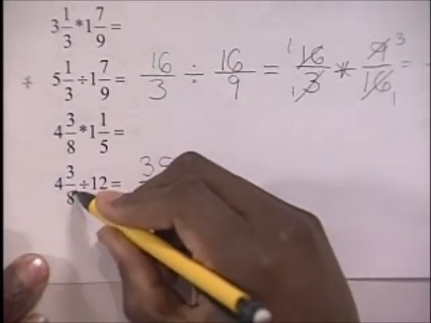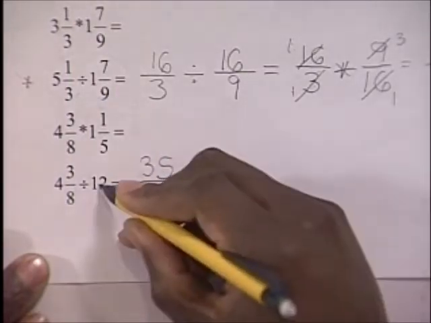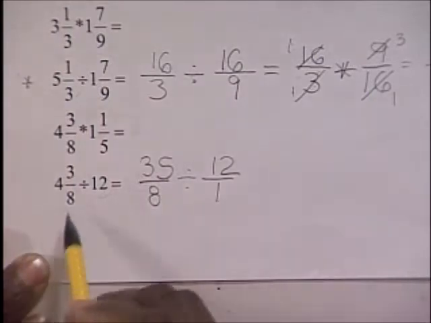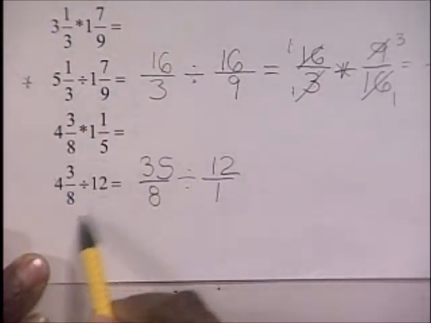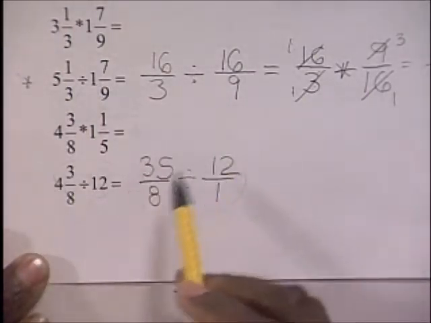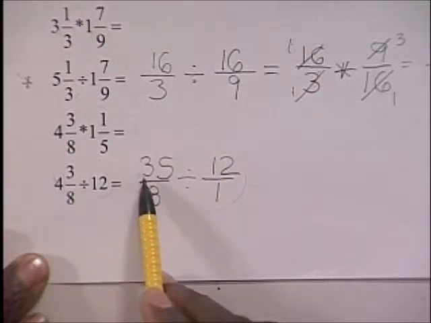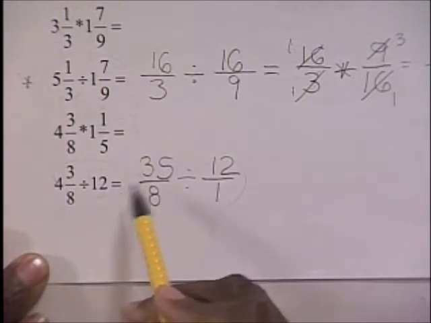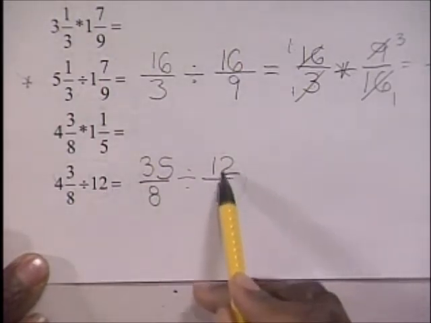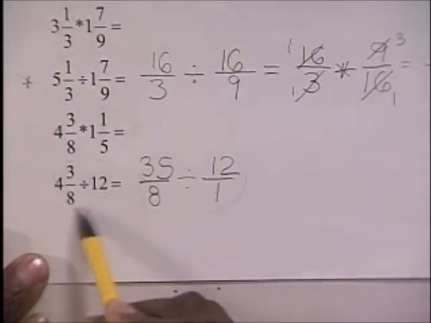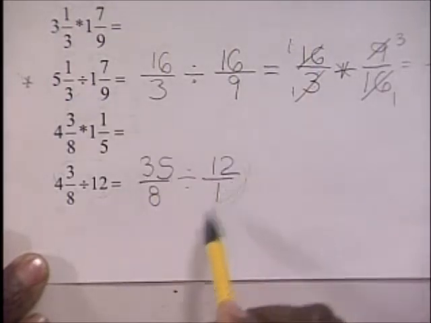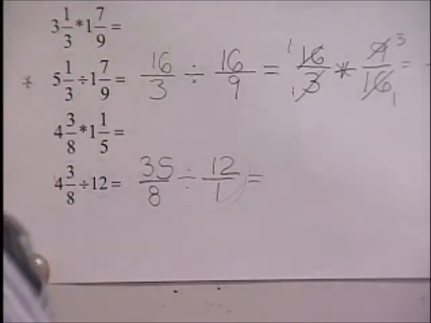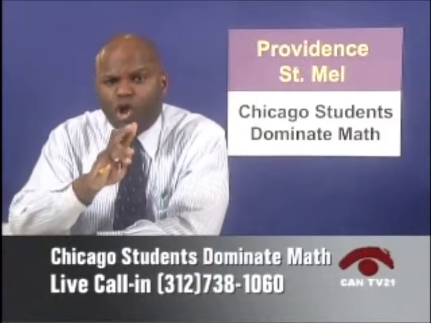So we have 4 3/8 divided by 12. Another way to say 12 is 12 over 1. There is no difference between this statement and this statement because 4 3/8 is the same thing as 35 over 8, and 12 is the same thing as 12 over 1. This expression is the exact same as this expression. This is important to know because we told you that when you